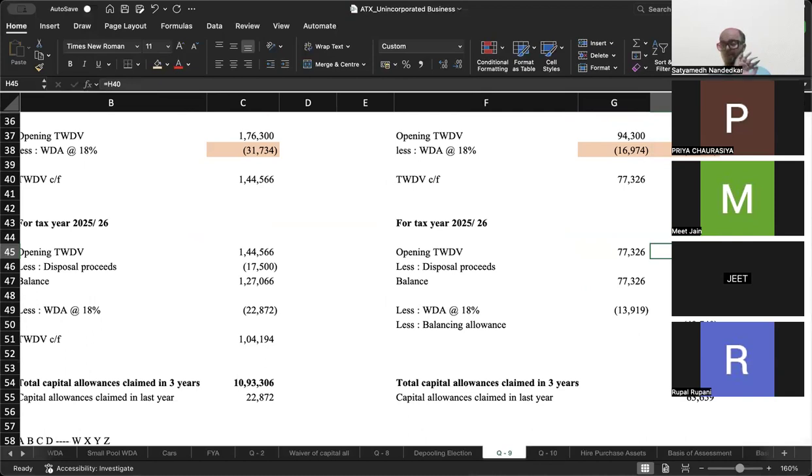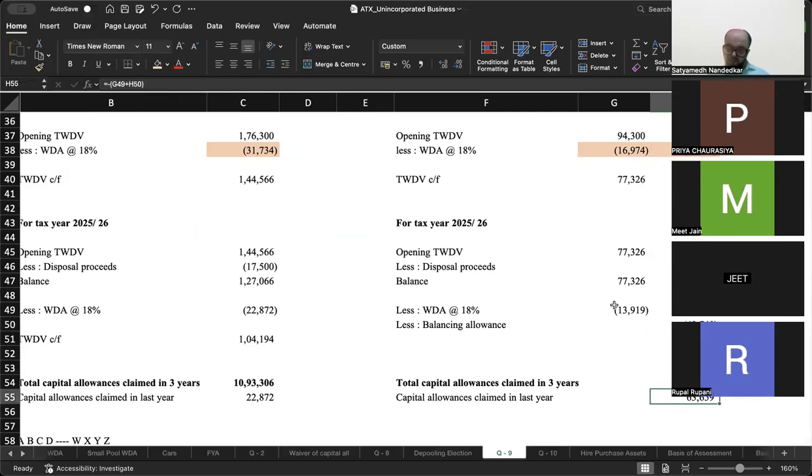Now the asset has been written separately, उसको एक अलग पूल में डाल दिया है. OK, the asset has been put in a separate calculation, single asset. उसका ओपनिंग TWDV है 67,240. उसमें से डिस्पोजल प्रोसीड्स माइनस करो 17,500. You are left with 49,740. Now think about it. This is an individual asset जिसमें books में balance है 49,740, but the asset is not in existence anymore. तो आपने उस asset पे claim कर लिया balancing allowance,